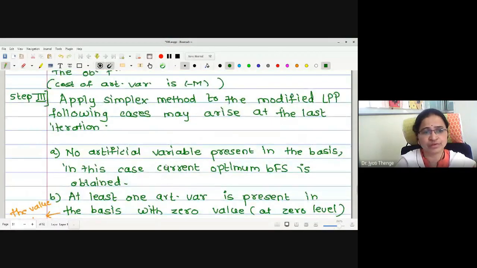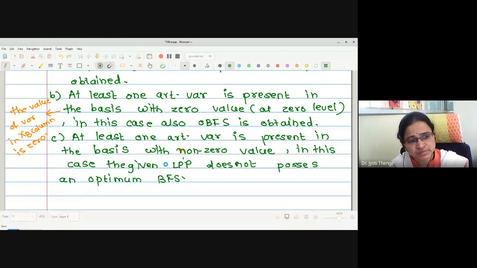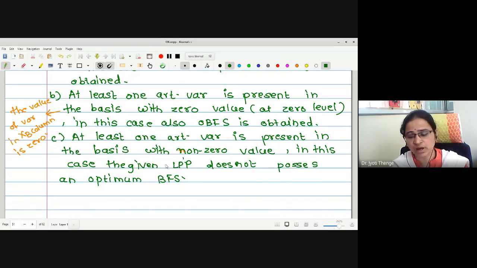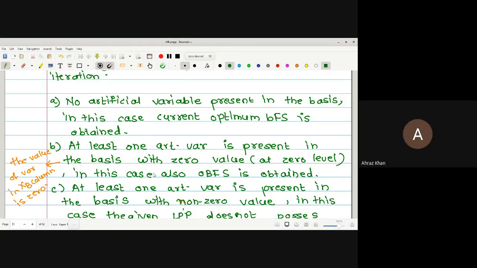Is the method understood by everyone? If the method is understood, we will move towards the problem. Simplex method to be followed only. The change to be made is introduce an artificial variable, assign the cost, and one of the three possibilities will arise. That's why I have told you all the methods; the next methods are going to depend on the simplex method. Therefore, your idea about the simplex method should be very clear. There should not be any confusion in the simplex method. Yes, students, is the methodology okay? Shall I go for the problem then? Yes, ma'am.